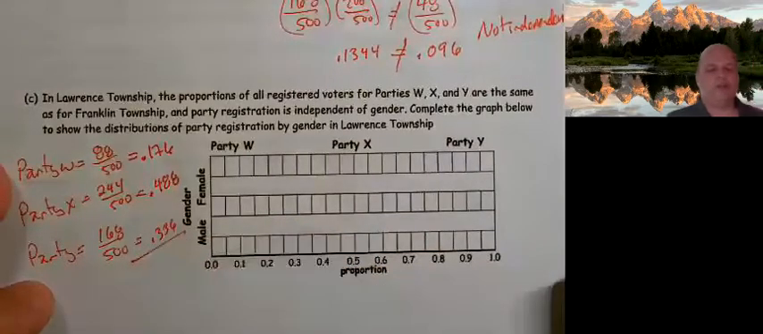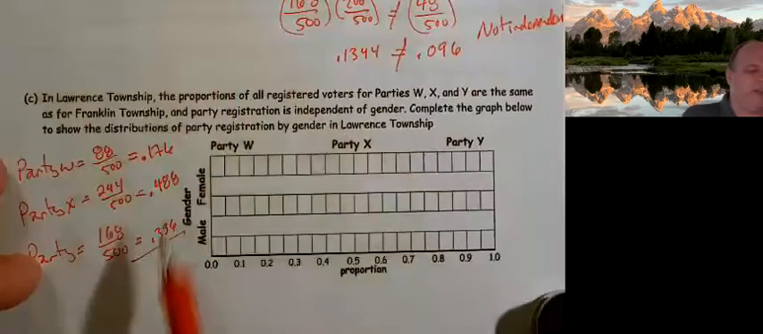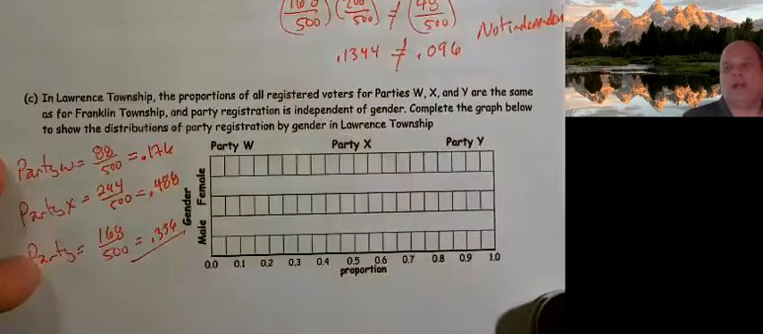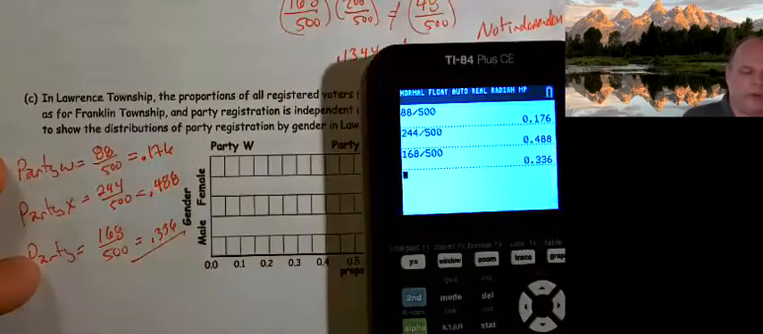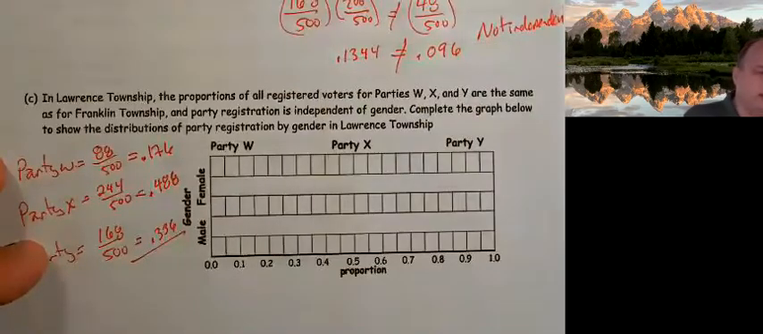Now, I'm going to just do a really quick check. Because that's everybody, that should sum up to within rounding of one whole. And if it doesn't, then I made a math error. So 0.176 plus 0.488 plus 0.336. Fortunately, it added up to 1, so I did things right. Okay, so